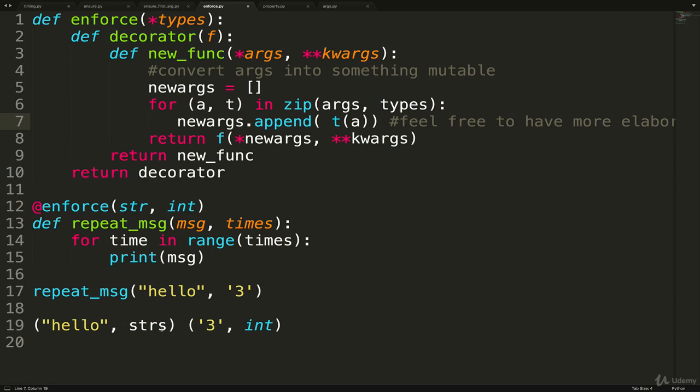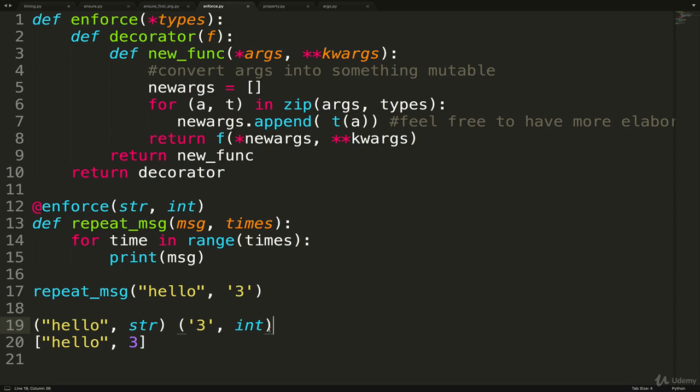Then for each pair in that result, what we're going to do is append to newArgs. So newArgs is an empty list. We're going to try and cast each argument with the type. That means trying to cast hello as a string, which works, and we get hello. Then the next one, we try and cast 3, the string, as an int, which also works and gives us the integer. Does that make sense, what's happening? We're pairing them up based off of the types that are specified here and the actual arguments that were passed in, and then we're just casting each one no matter what.